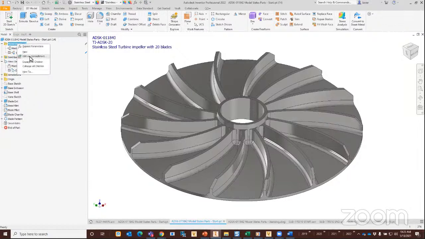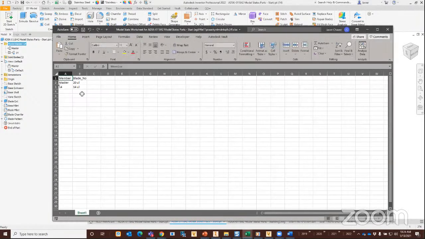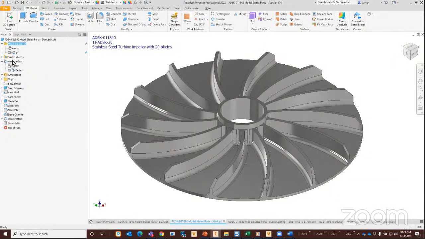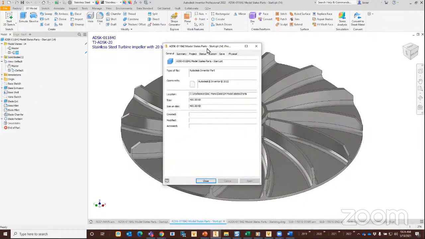But when I go to the spreadsheet here and I take a quick peek, you're going to notice something, right? The only thing it's adjusting, or having me add in right now, is the blade number. So what else do I want to add? I probably want to change things like iProperties, things like the part number. So this is what I'll do. While I'm on this 14